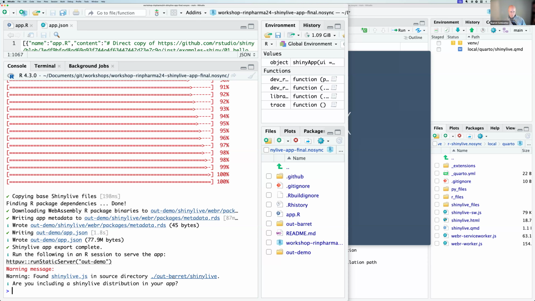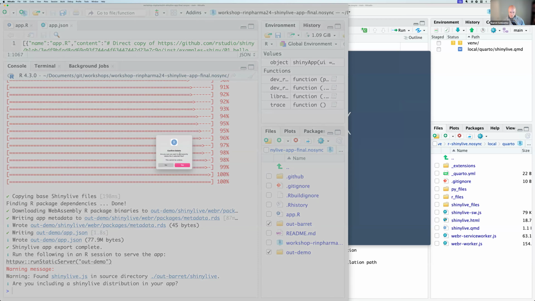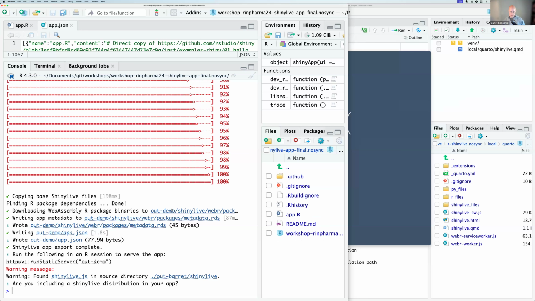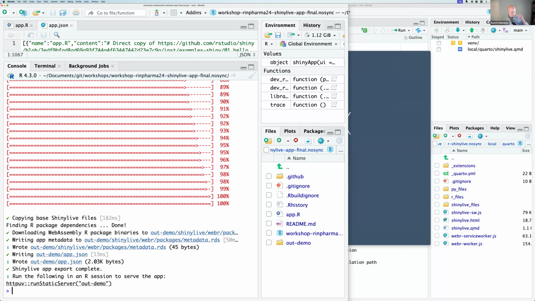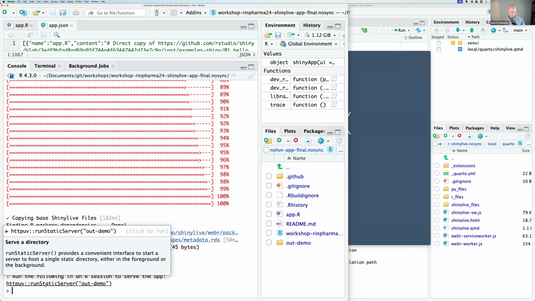Oops, looks like it's picking up that out Barret is already there. So maybe don't export it into the same folder, local folder. We'll try that again. I'll go ahead and, is that delete? Yeah, delete. Yes. We'll try this again because it got a little mad. Yes, sorry, I am running a dev version. Bleeding edge of the bleeding edge. But we'll get a release out on CRAN to get that updated for y'all.